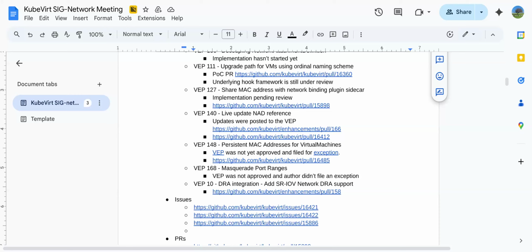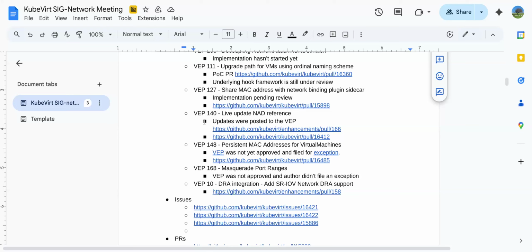And the underlying infrastructure of VEP 141 wasn't merged yet, right? No, not yet. VEP 141 is the PR that implements a framework for the pre-migration hooks. So we rely on it, and we hope that it will be merged before we can start the implementation. Great, thank you very much.